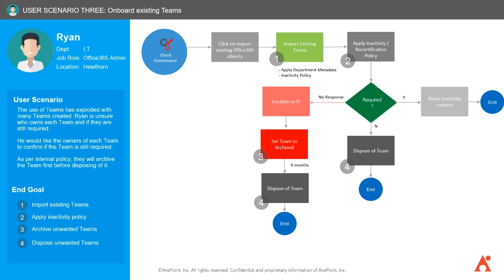Now, in the case that maybe that team owner has left, so we have an orphan team, or they just don't respond to that request. What is this governance solution in the first place? I have no idea what this is. This isn't part of my KPIs. I'm not going to respond, right? In that case, we'll escalate this to IT, and they can be the ones that make this decision. But as a safety net, we can't say hand on heart what kind of content is in this location,